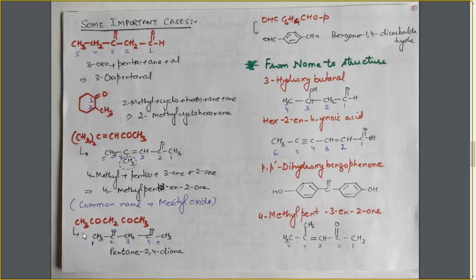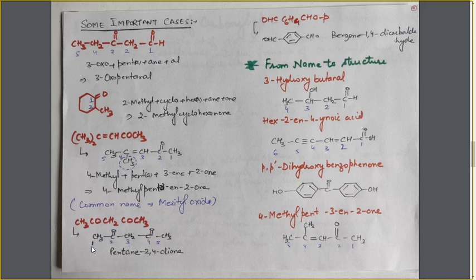Now let's see the next compound, CH3, C double bond O, CH2, CO, CH3. Both these C double bond O groups are in between the neighboring 2 carbon atoms, so they are the ketonic group. Next, this is the structure for this compound. Straight carbon chain is the main chain. There is no substituent, only 2 main functional groups, that is ketonic group.